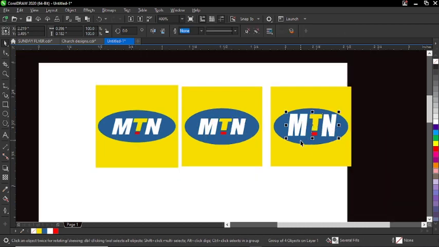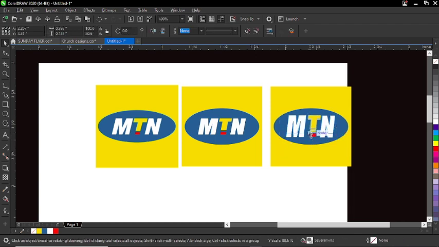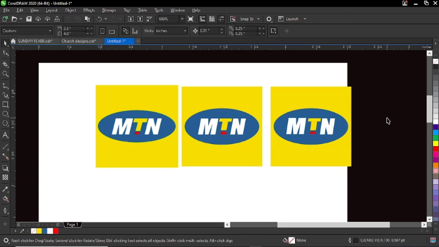Group it. As you can see, the same thing, just that the workings are different. That is the only difference that is here. The workings are different, but if you see, it is the same thing. So these are the two ways to get this thing done. Your assignment is to also create this